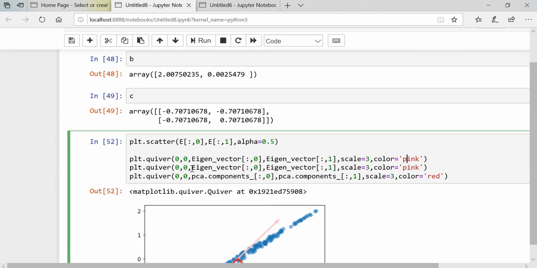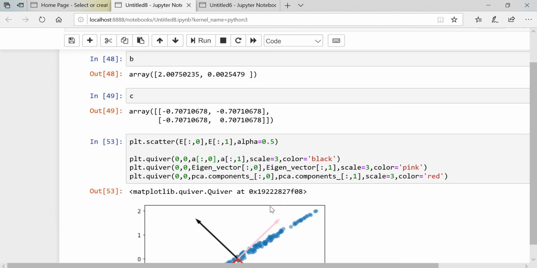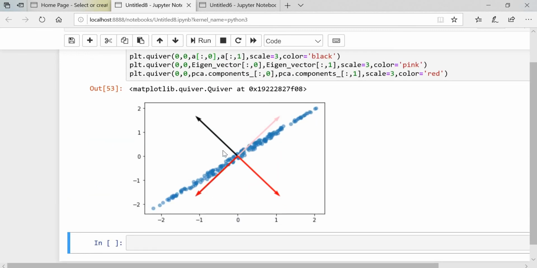Simply I will change the color, let's say black. And here I will change to A. Here as well I will change to A. Let's see how it will behave. You can see here we are getting the vector in the other direction.